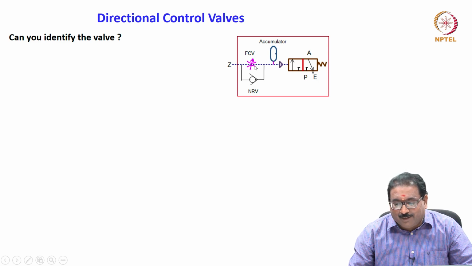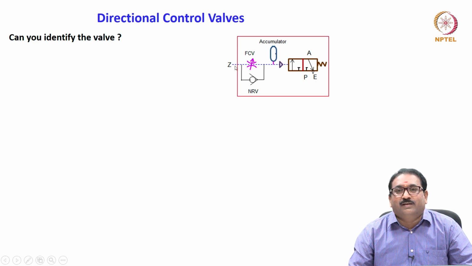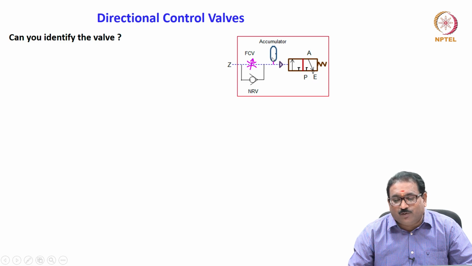Then you will see again I am putting a check valve parallel to the flow control valve. Now what am I putting here? NRV. When the pilot signal comes here, meaning the air pressure from the fluid comes here, it will not pass through this, it will only pass through the FCV. How much it is opened, that much time is taken to fill the accumulator. After sufficient filling, the valve opens.